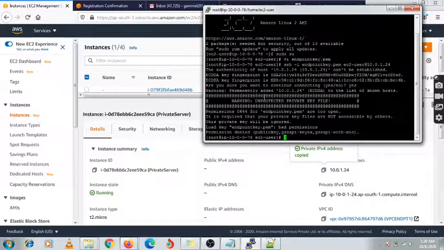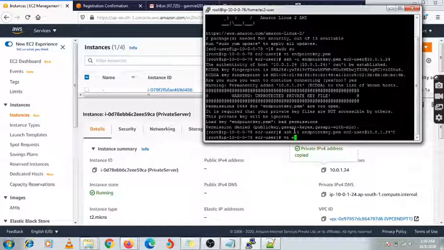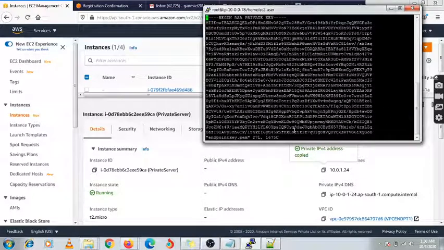Now this server is accessible, right? Bad permission, something went wrong. Okay, we need to check whether this key is correct or not.